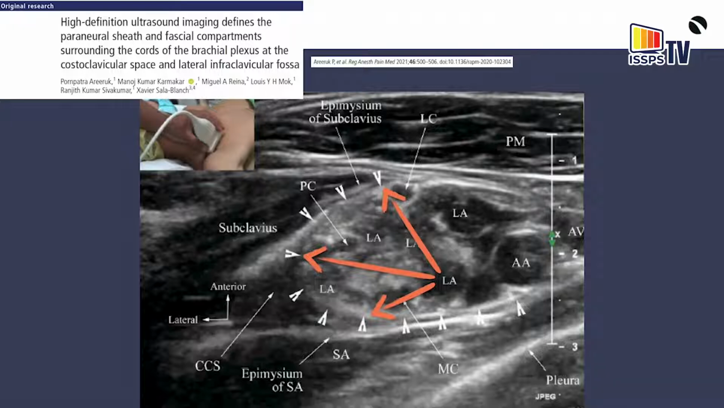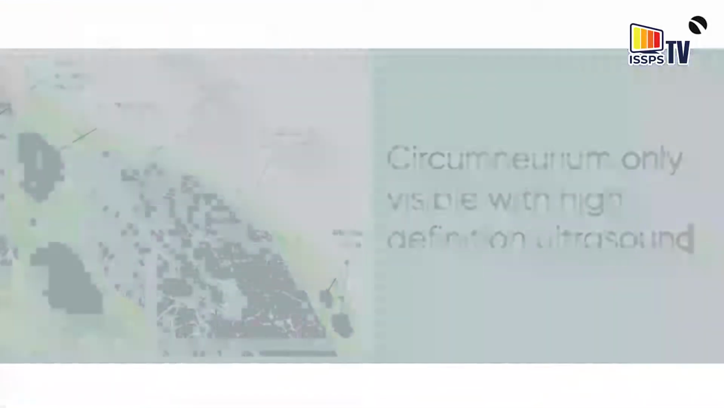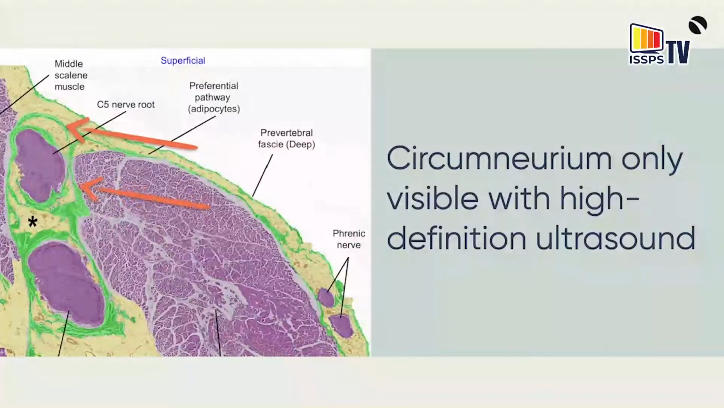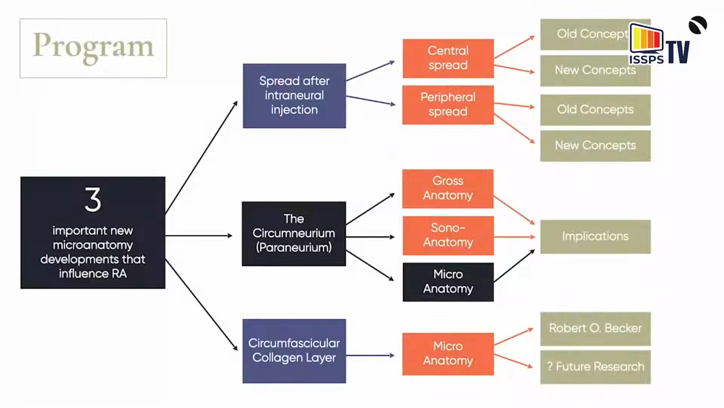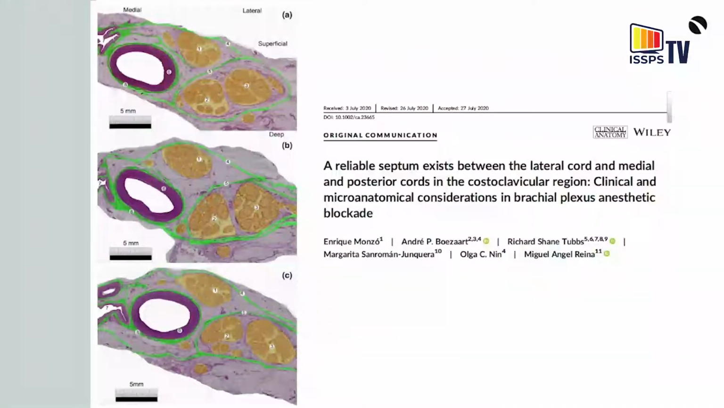I have to caution that the circumneurium at this stage of our development can only be visualized with high-definition ultrasound and not with regular garden variety ultrasound. Our Madrid group followed by showing the circumneurium microanatomically, and it was quickly realized that it forms a formidable barrier